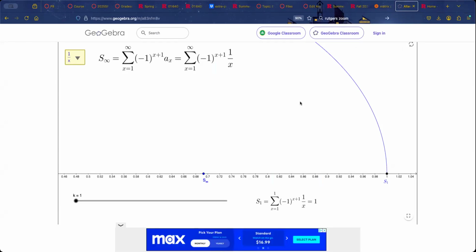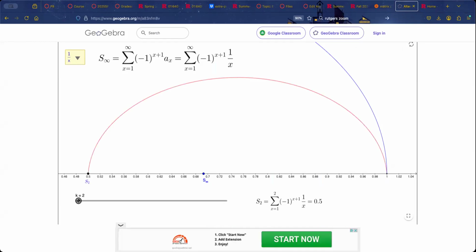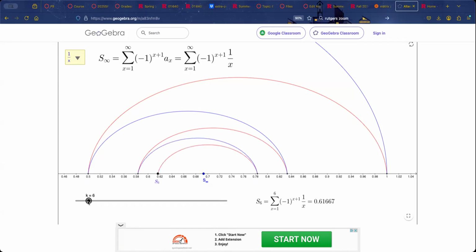This is the alternating series, (-1)^(n+1) over n. For some weird reason, the person decided to call this x, but just think of n. The first partial sum is just 1, the first term, which is here. Then the second partial sum is 1 minus 1/2, that's why you get 0.5. Then the third partial sum lands here, then the fourth partial sum lands here, then the fifth. You see there's some alternation between the partial sums,